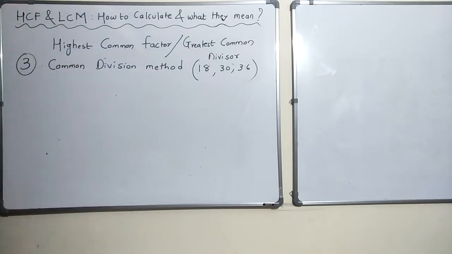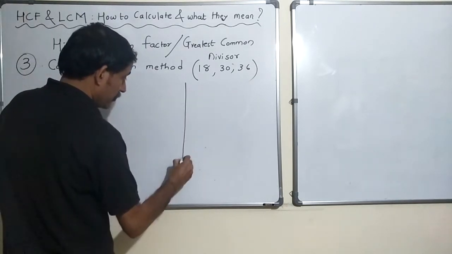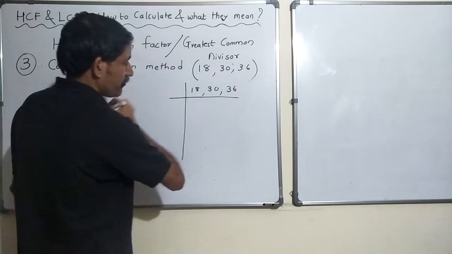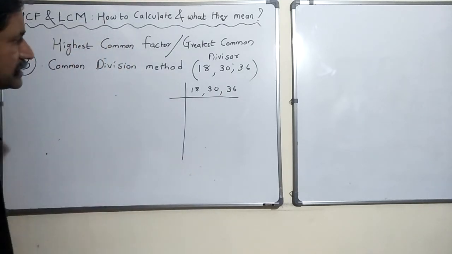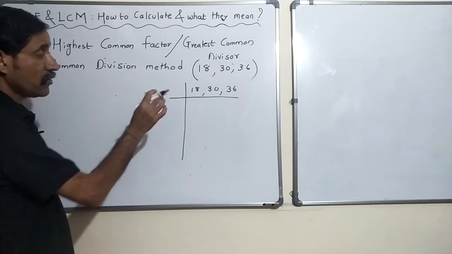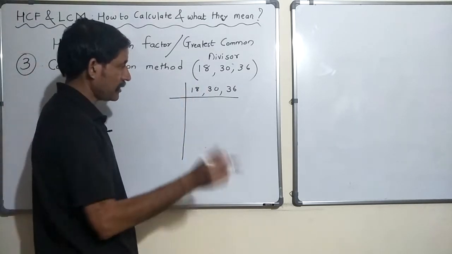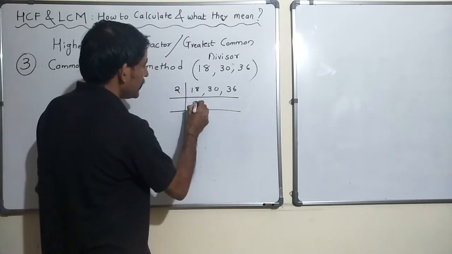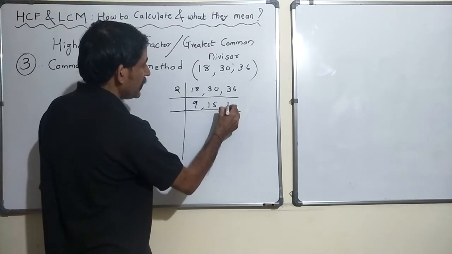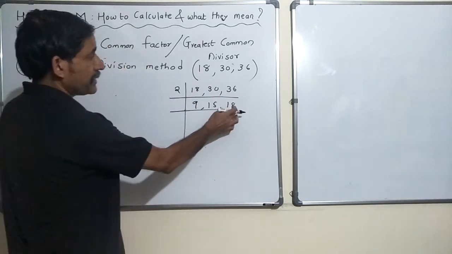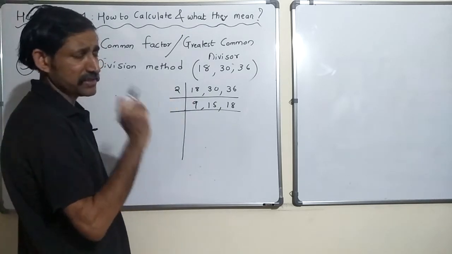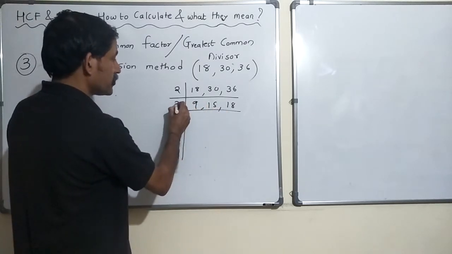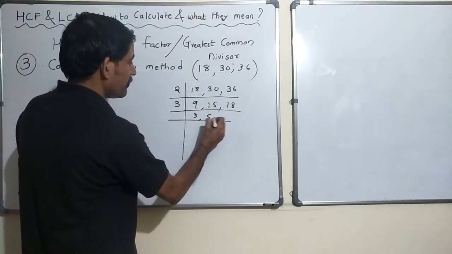In this case, if you are trying to find out the HCF, you write all these 3 numbers together. Let's find out which number divides all 3. In this case we know that 2 will divide everybody. So 2 9s are 18, 2 15s are 30 and 2 18s are 36. Now 18 is divisible by 2 but not 15 and 9, so we will not consider 2. So now let's move on to 3. 3 divides all 3 of them, so 3 3s are 9, 3 5s are 15 and 3 6s are 18.